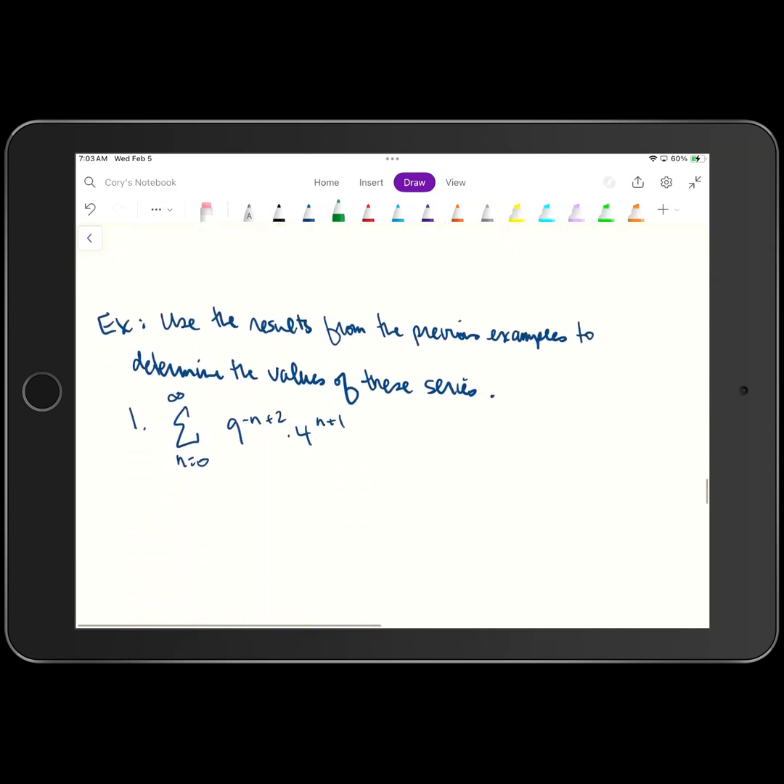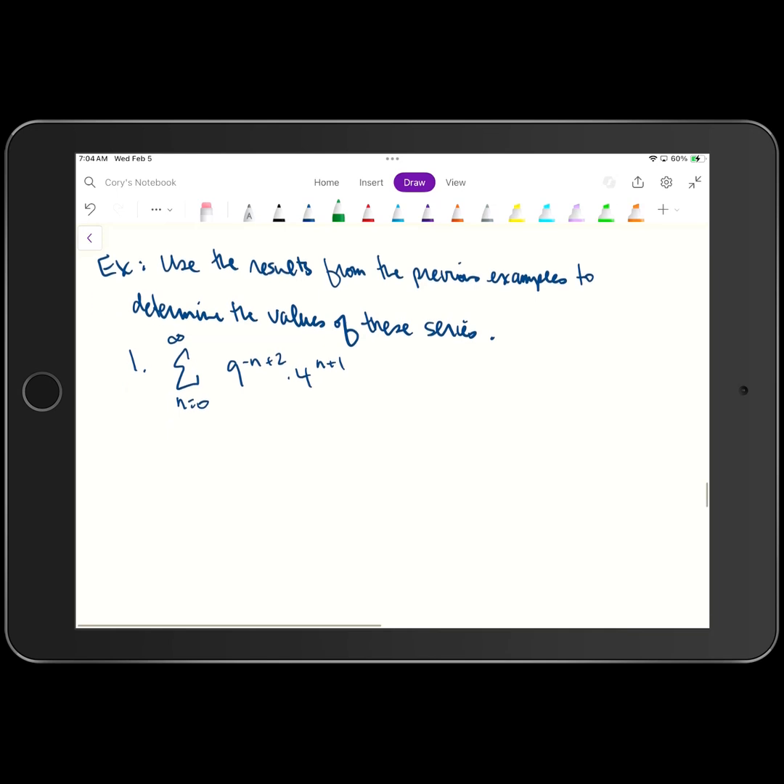Okay, next set of examples. They ask us to use the results from the previous example to determine the values of these series. So we said in a previous example that the sum from n equals 1 to infinity of this formula here was equal to 1296